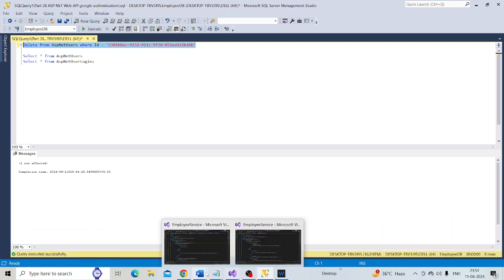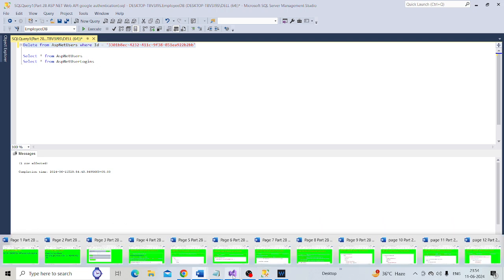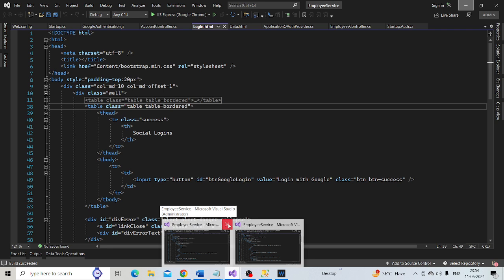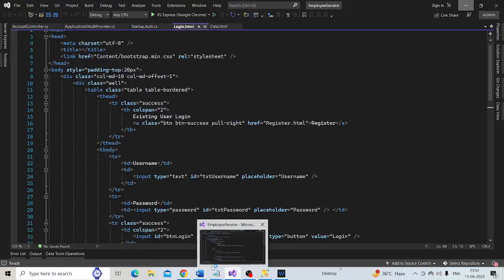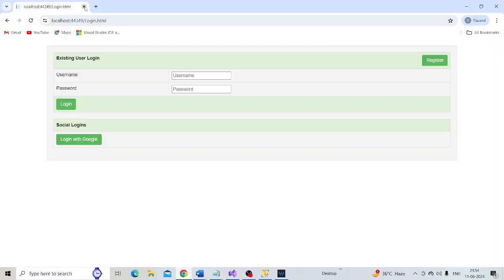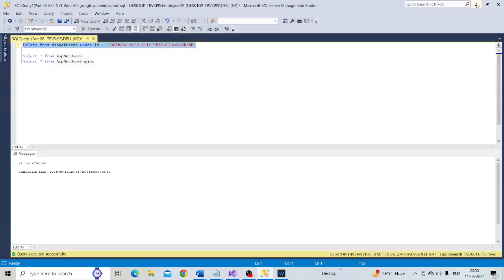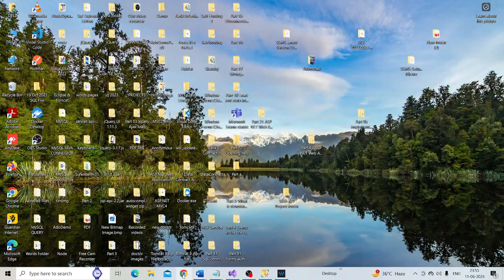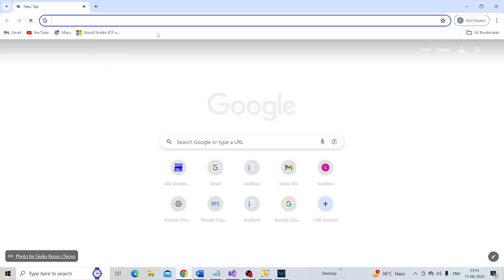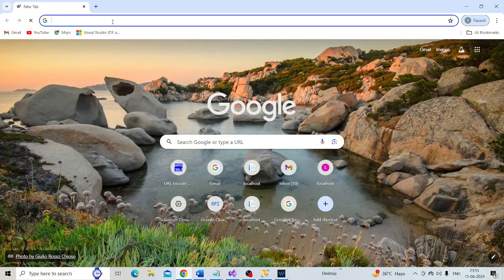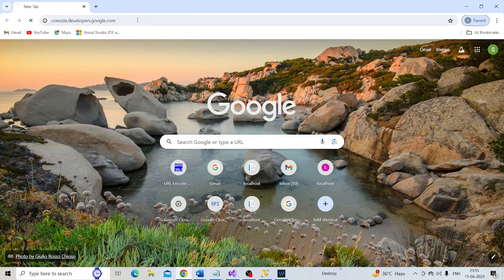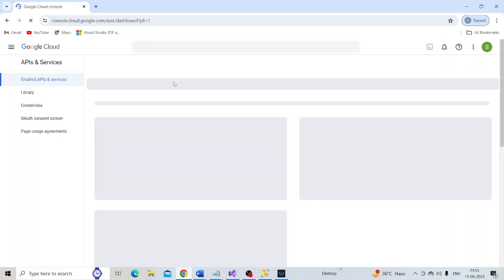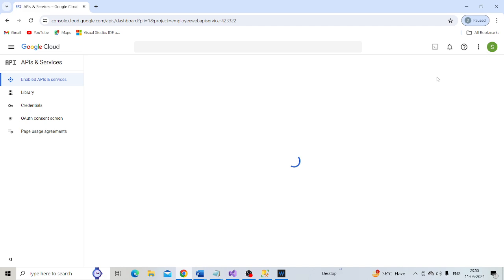And we need to close this and close this also, and go to the browser again and type in console.developers.google.com, and we are already logged in, so we don't need to log in again.